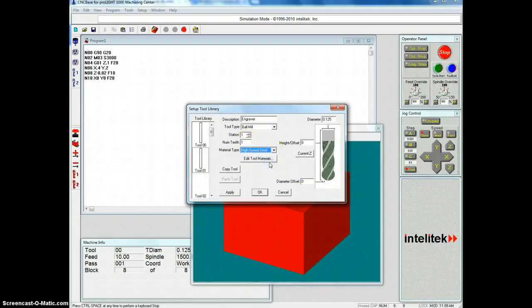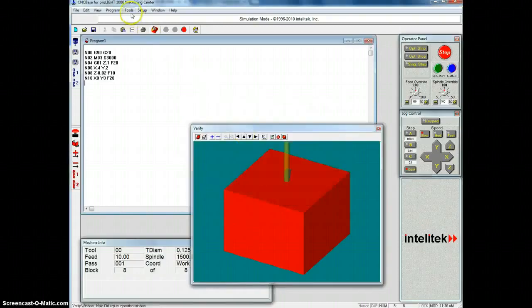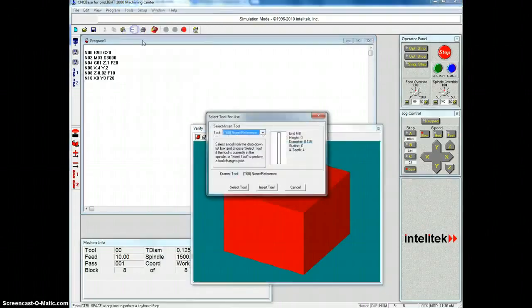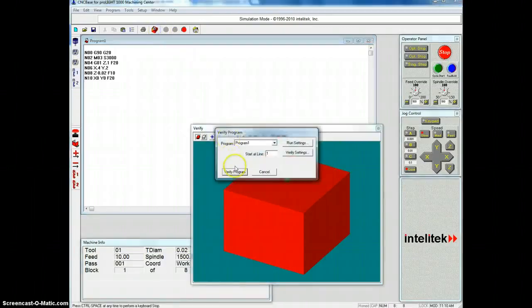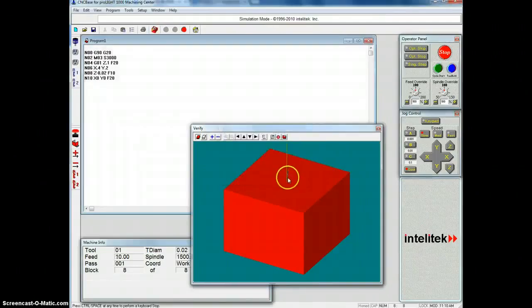It's a high-speed steel bit, so we'll leave that there. And the diameter is 0.02 inches. It's very, very small. So we click OK, and then go back up to select tool, and we want to select the engraver. You can see it's very, very narrow. Now we'll insert that tool, and now when we verify this, you can see it's just a very thin line